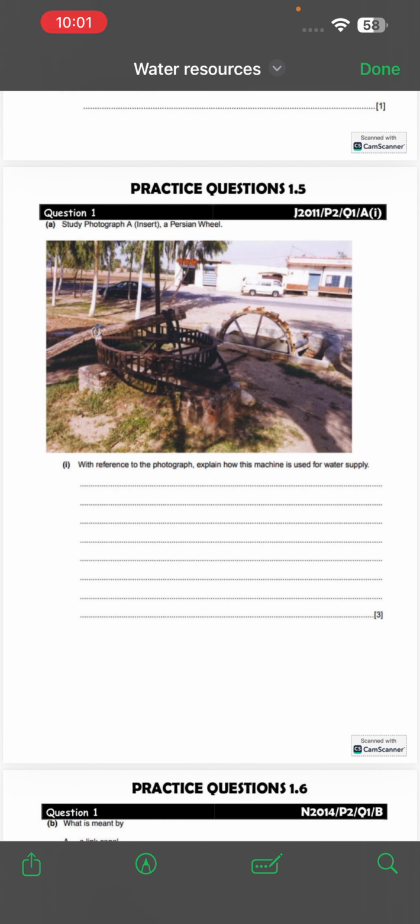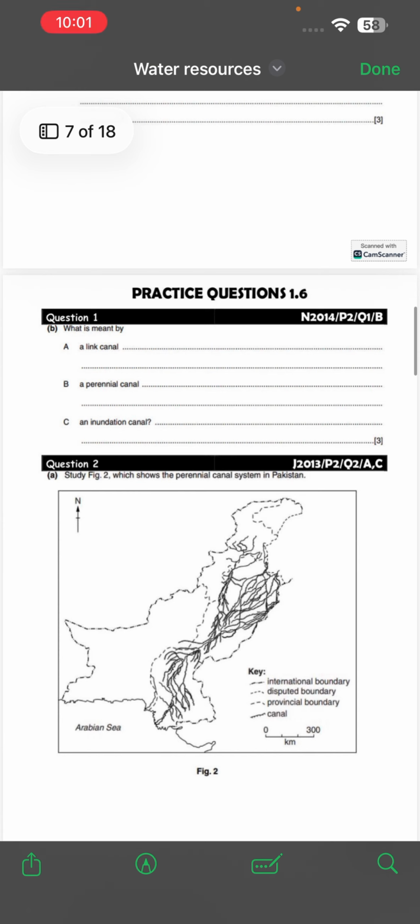The Persian wheel works manually. It requires animal power or manpower for its working. Okay, it does not require any electricity. That's the most important advantage. Okay, it uses different types of wooden things, right? Wooden shaft, wooden pole. Also, it shows a horizontal wheel, the wheel which rotates once you put effort on it. It rotates because manual effort is required. Okay, and there is a pipeline that has been set. The water goes through a pipe, a channel of pipes, we can say. So for 3 marks you need to write 3 points. All right, 1.6.